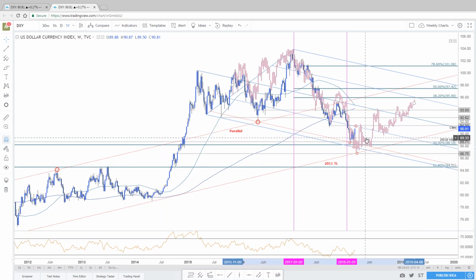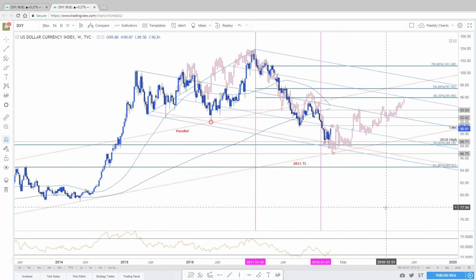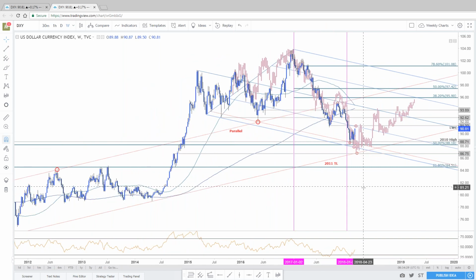So the broader picture, a lesson to be learned here, guys. Even after all the years, Jamie, have been doing this, sometimes you fall into that trap where you just fall in love with a specific indicator or a specific suggestive type of analysis like this. And when the market's telling you otherwise, we have to listen, right? We can't fall in love with our analysis and say, nope, we've got to make that new low. The analog says so.